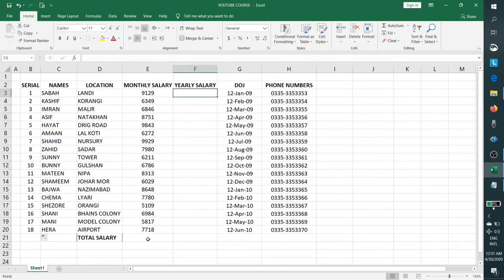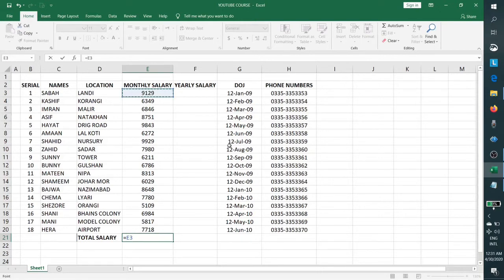Suppose we have a total salary option here, and if we want to add a formula here, there are two options. The first thing is that you will press equal to, and then you can select this cell. It's given the reference E3, then you can add a plus sign, add this one, then add another plus sign, and then add the other cell. Similarly, you can